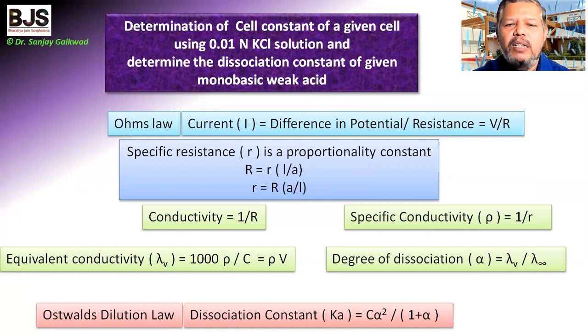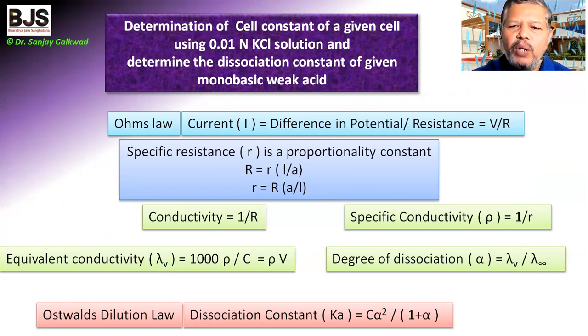In this experiment, we are taking the solution as a resistor, and with the help of the distance between the two electrodes, we can calculate the conductivity between the two electrodes through the solution. From that one can find out how many ions are there. From that we can calculate how much it is dissociated. From that we can calculate the Ka value, that is the dissociation constant.